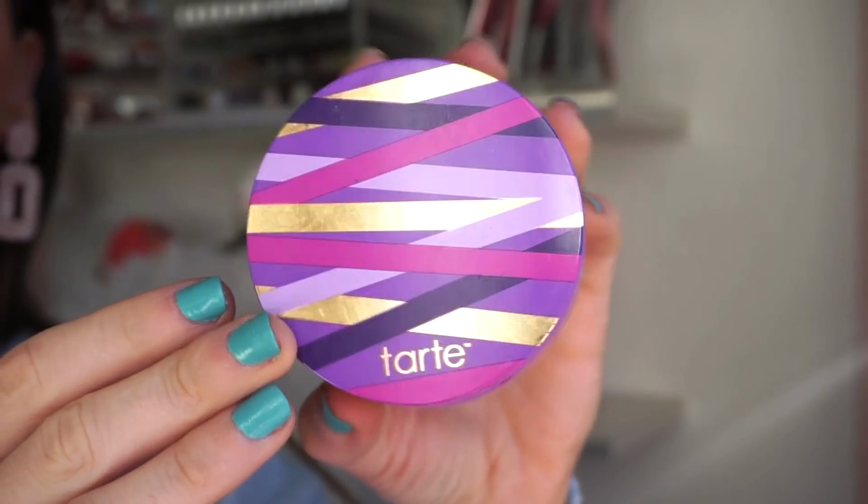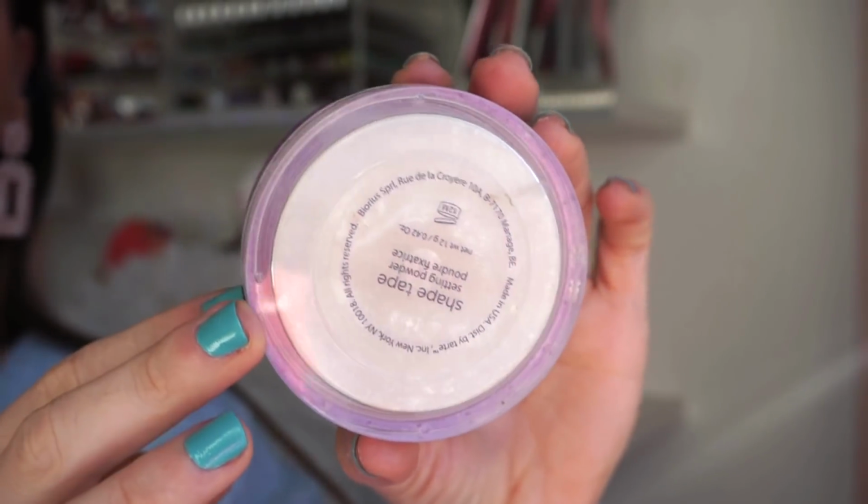So this right here is from Tarte. This is the Shape Tape Setting Powder. I love this, love. It does have a little nettiness to it. The way I like to use it is I just dump a little bit in the lid and then use my beauty blender or brush to kind of bake my face. So yeah, I use this mainly to bake my face. Usually I'll do that